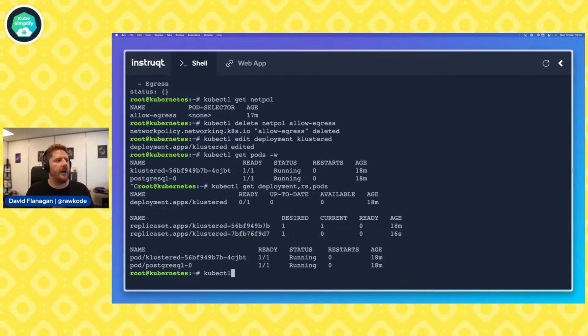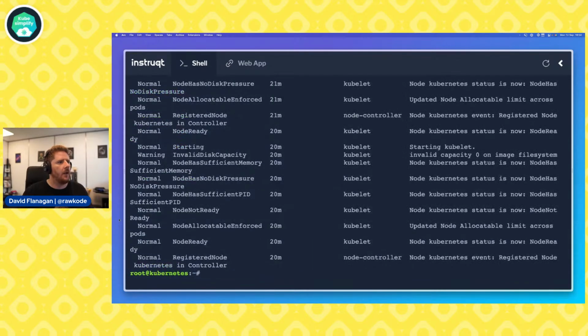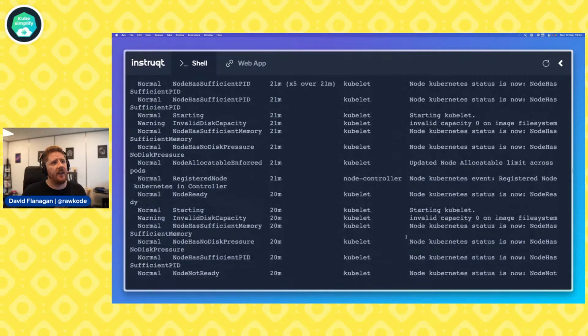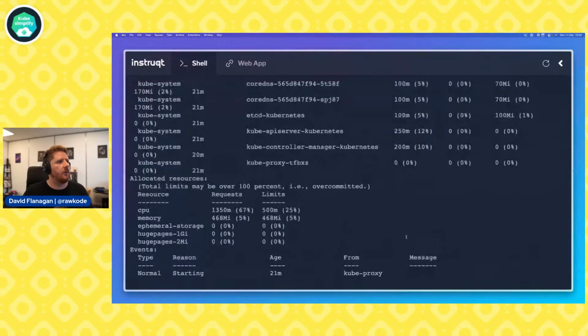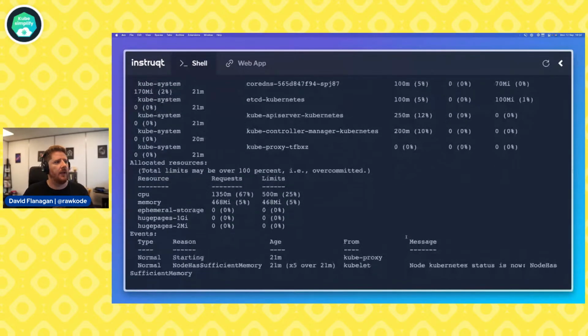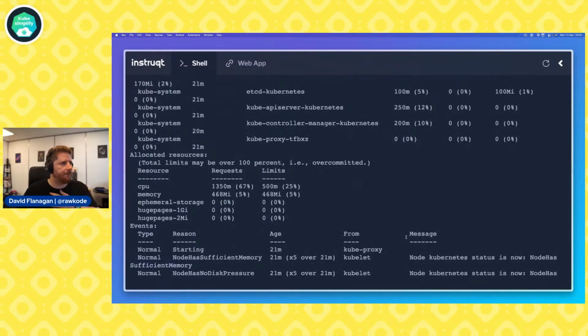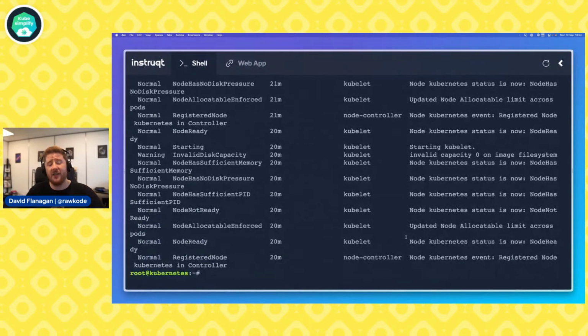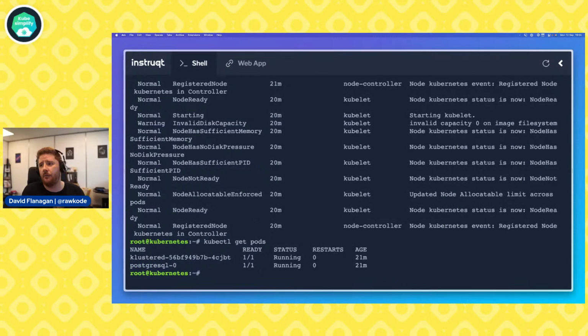So when we have resource crunch, as called there, or constraints, you can describe the node. From here, you're going to see error messages telling us if we have any issues with potential quotas and resources or overcommitment. Actually, this cluster's fine. We're not at the point where workloads are not going to be run or scheduled or blocked by any resource constraints. We would, of course, see that information on the pod if a new one was spun up.